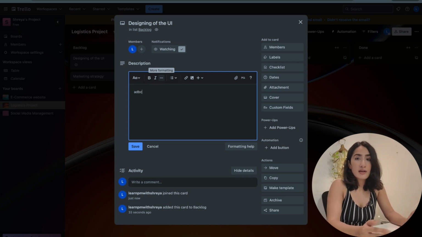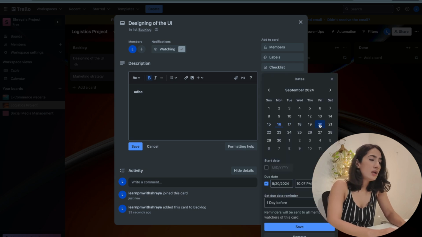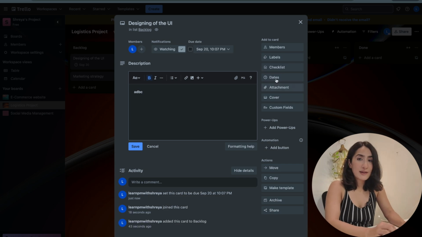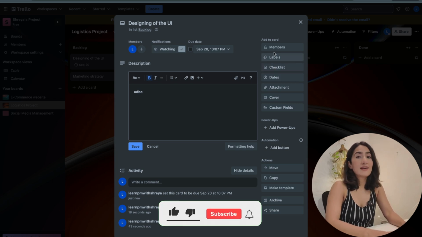If I am the project manager or if I'm the person who is owning the task, I can also put the due dates here, and it gives me alarms and emails and other alerts as well. So this is a pretty useful functionality, due dates, and I'll also explain another use case of the due date later on. Now that you know about the due date and the description, you can also add attachments as files or as links.